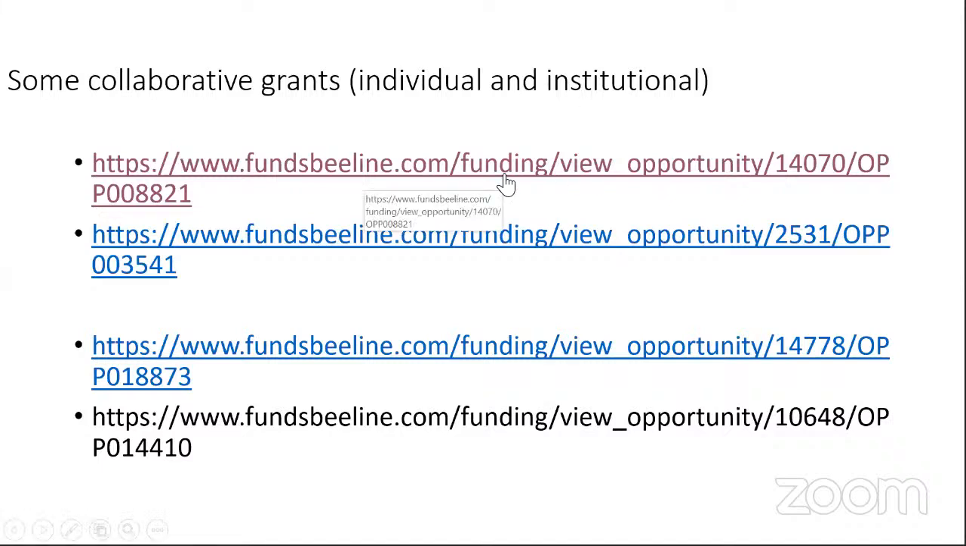So I actually can start here, some collaborative grants for individuals. I talked that there are individuals, there are institutions, we can have collaborations between disciplines and across countries. And what I want to actually start on is